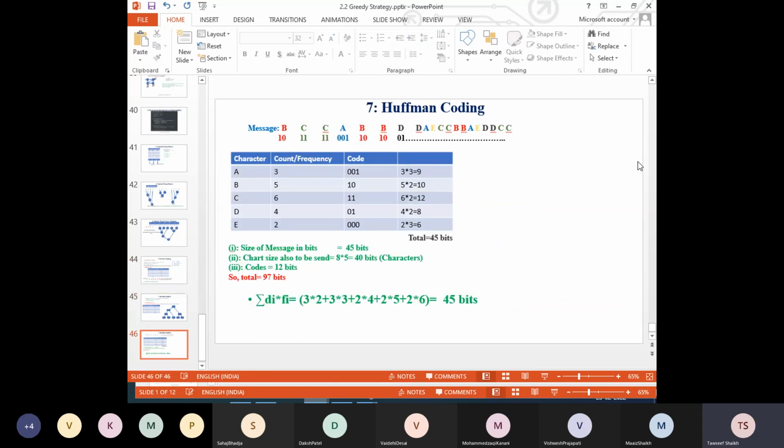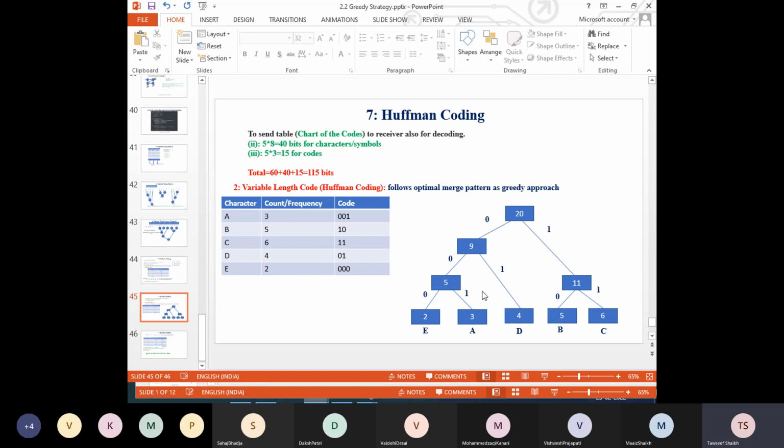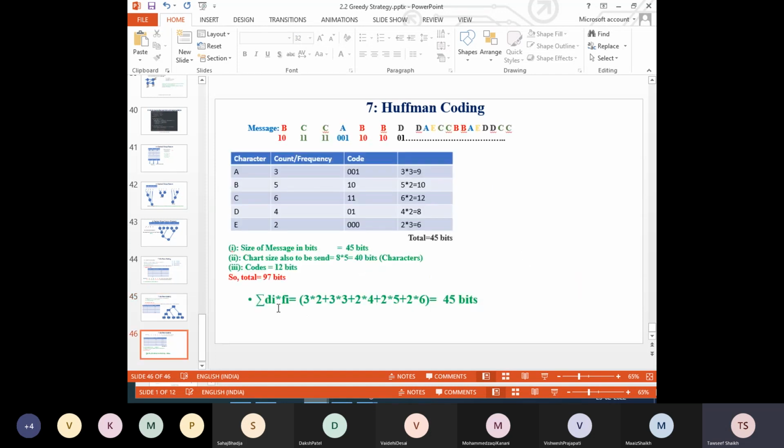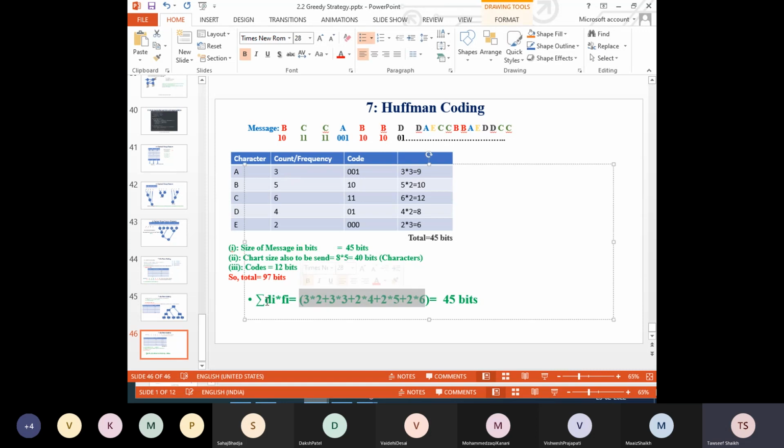So this is actually the benchmark. This is the logic behind this compression technique, how it uses the greedy one. And this 97 bits could also be found from this tree which we have made here, and the formula is the summation of di into fi, where fi means the frequency of every character, the number of times it repeats. For A, this will be equal to 3, and distance means